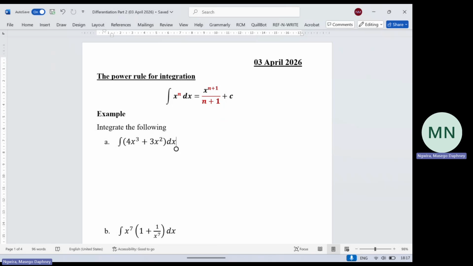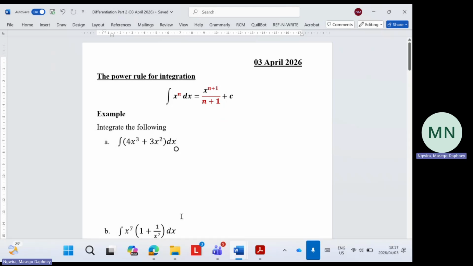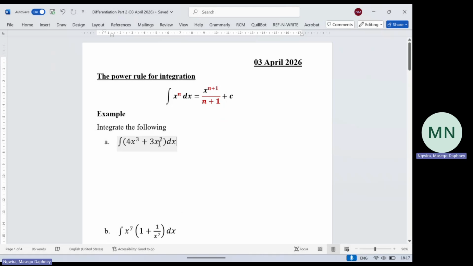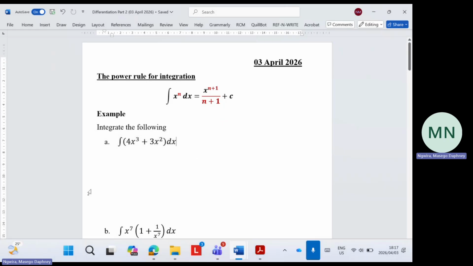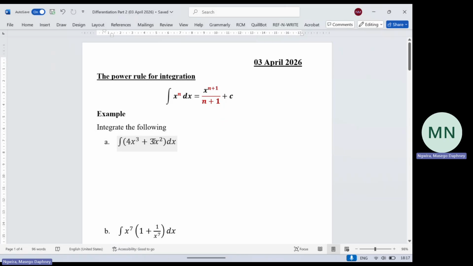So the integral of 4x to the power of 3 plus 3x to the power of 2 dx is going to be equal to, remember, we take the integration of each. So we said that integration is the reverse of differentiation. So we're going to do each of them. So we're going to start with, this will be equal to, I'm going to have